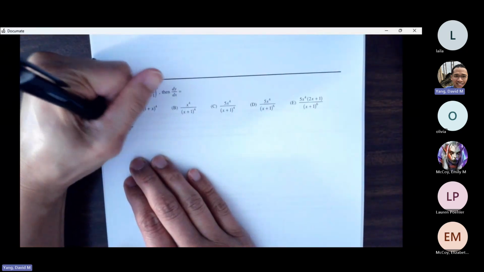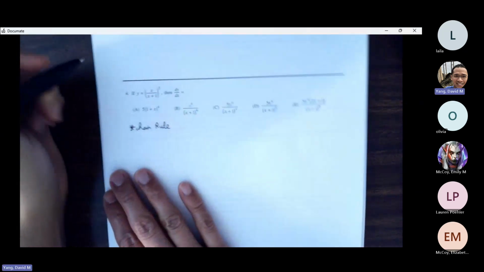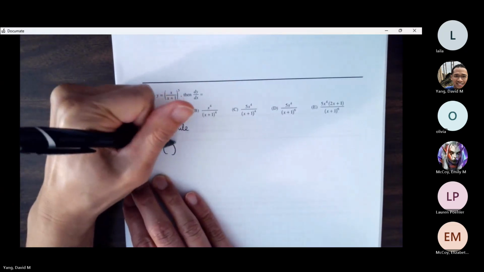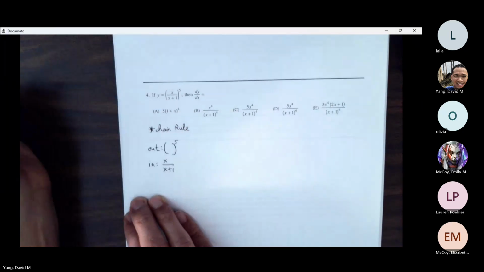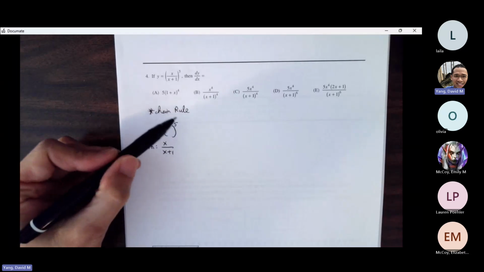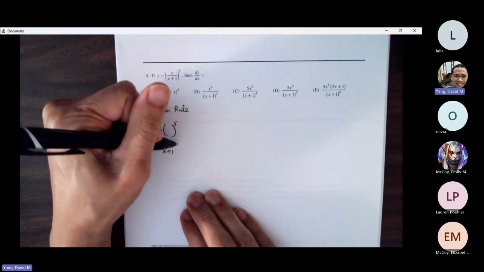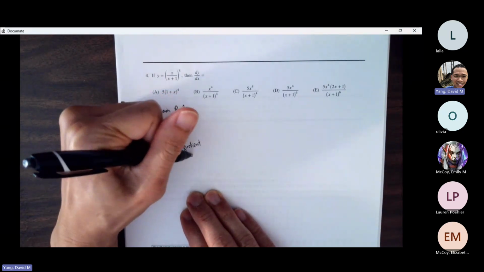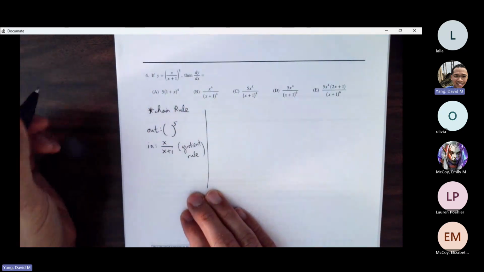So chain rule, where we have to think about the outside component and the inside component. So the outside, we can go through power rule. The inside portion, notice numerator and denominator, so we're going to have to step through quotient rule to get to that inside portion. All right, so outside first, parentheses to the fifth